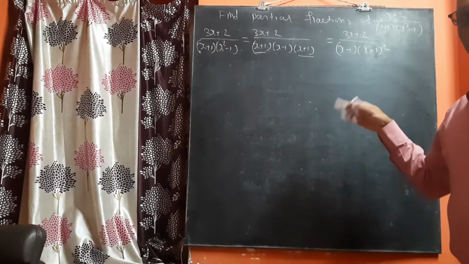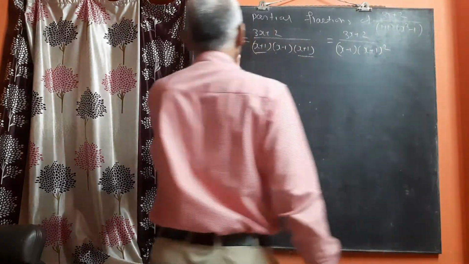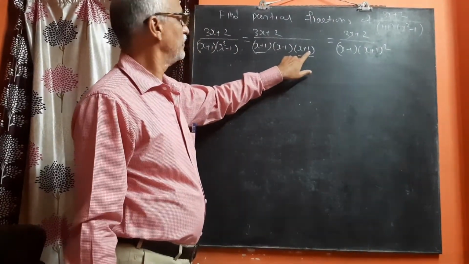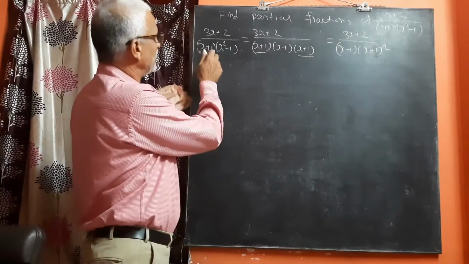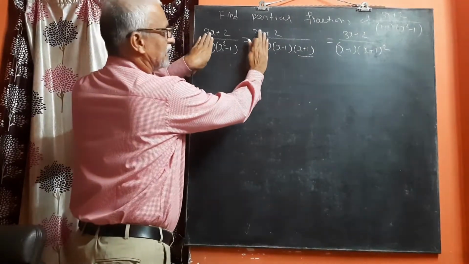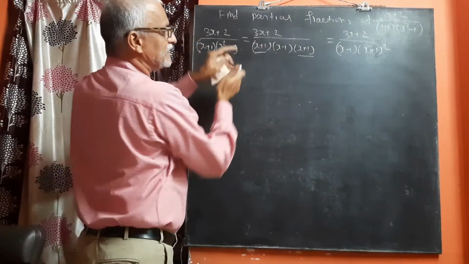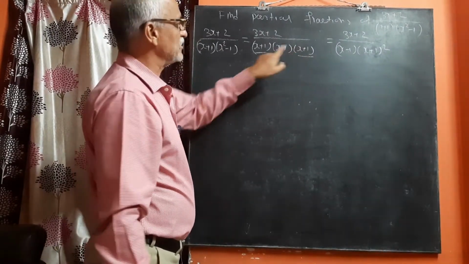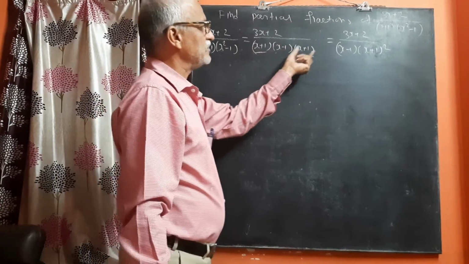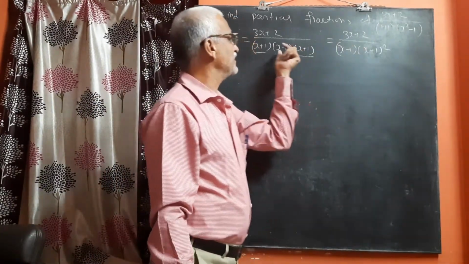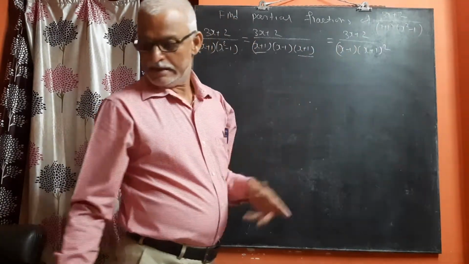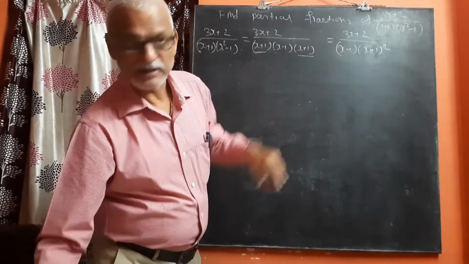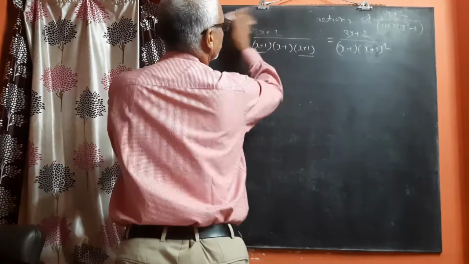I repeat again. The factors of x square minus 1 are x minus 1 into x plus 1. This x plus 1 and this one remained as it is. X square minus 1 is replaced by x minus 1 into x plus 1. Now x minus 1 into x plus 1, this x plus 1 into x plus 1, that becomes x plus 1 the whole square, and this x minus 1 remains as it is. Now the problem is similar to the previous one, so we have to find the partial fractions of that one.